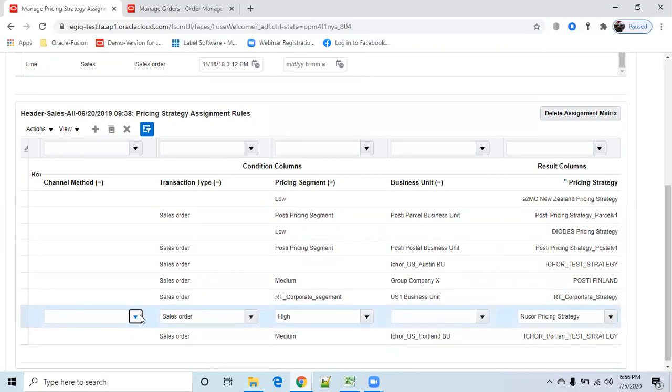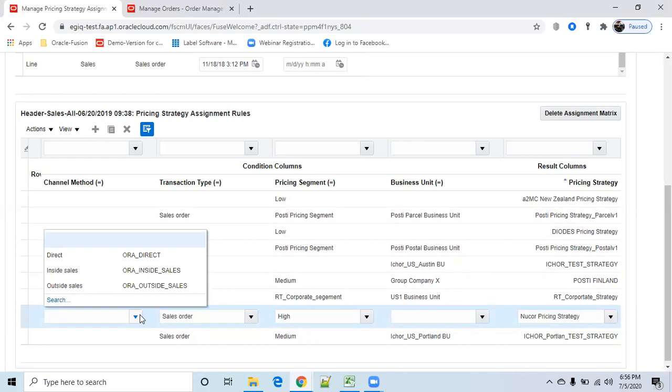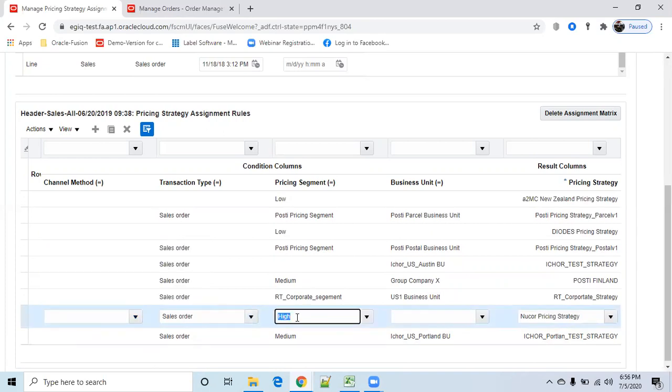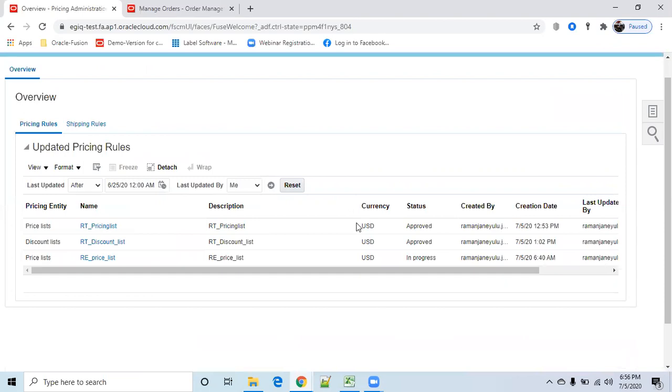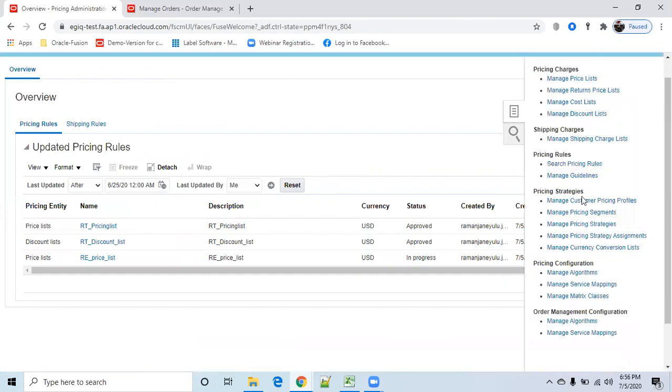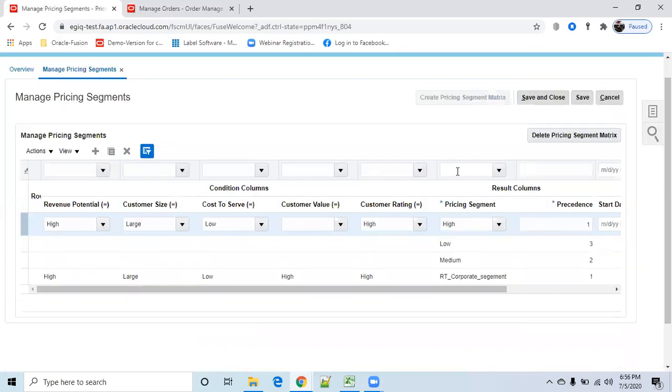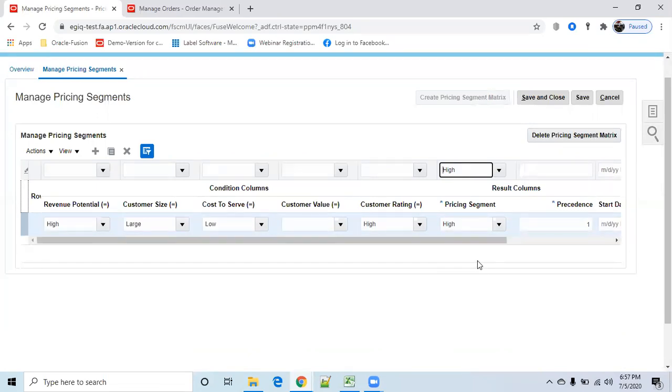Hmm, channel method. What is this? Direct, inside, outside. So pricing segment coming as high. It is one here. Precedence is one.